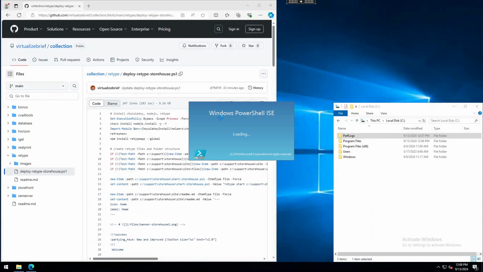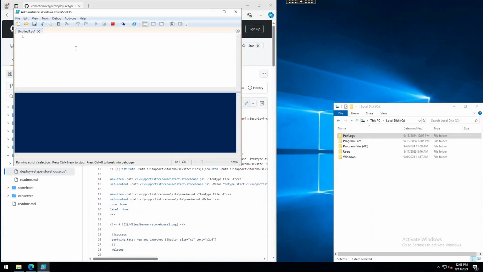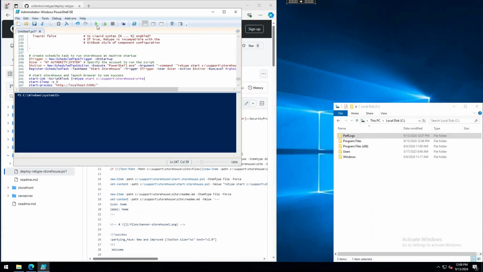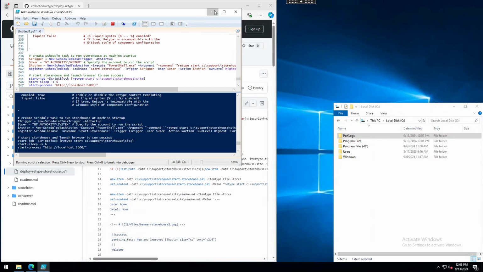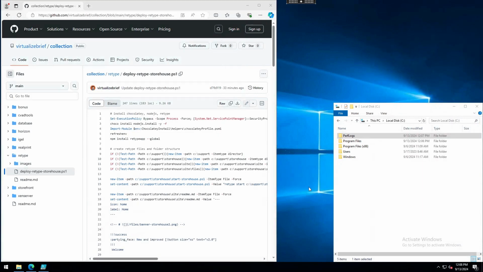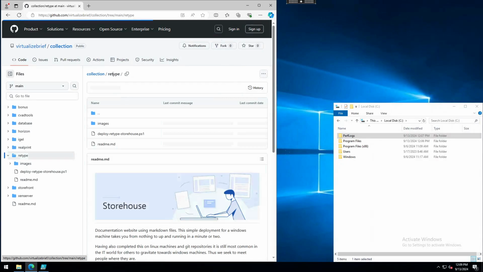And once PowerShell is open here, we'll go ahead and drop in the code and hit the run button. And now that that's taking place, we'll go ahead and minimize it. What's going to happen is we'll have a folder structure created. It'll be a support folder which has inside of it Storehouse and Storehouse's site, and it'll create some files inside of there. But we'll see here in just a moment, once that gets completed, the web page should open automatically